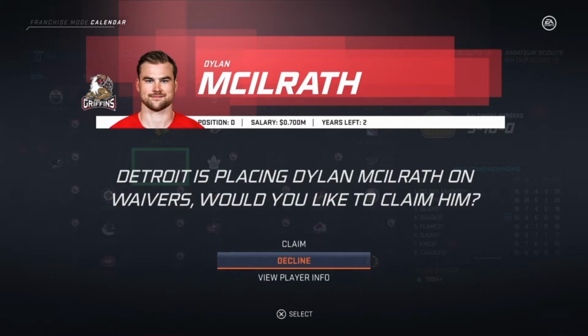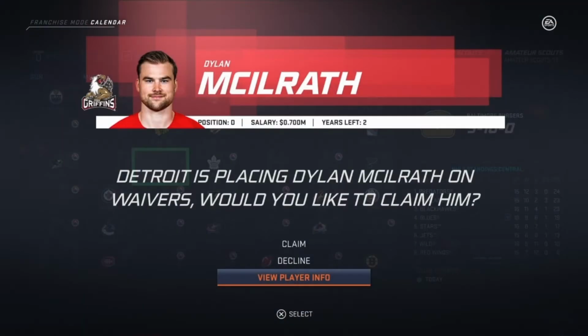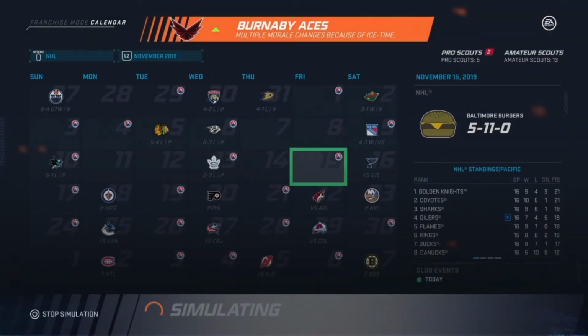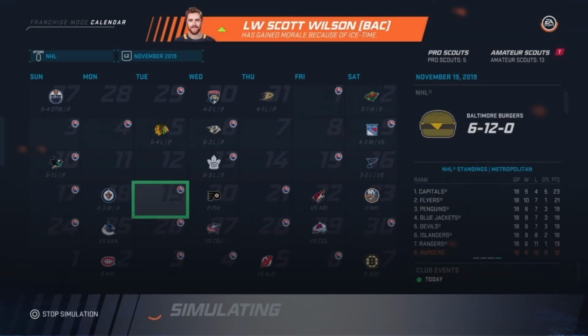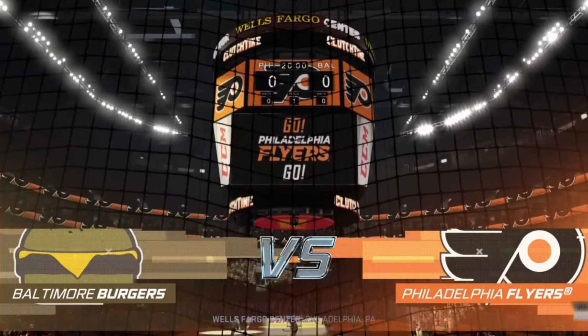Dylan McIlrath is on waiver claims, and we're going to take a look at him, but he's 27 years old and only a 72, so we're going to go ahead and decline to pick him up. We take a loss to the Maple Leafs. We take a loss to the St. Louis Blues. We do get a win against the Winnipeg Jets, and now we're going to go into this game